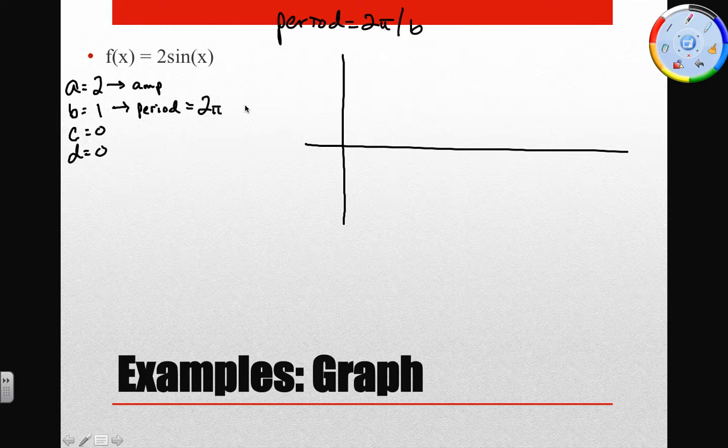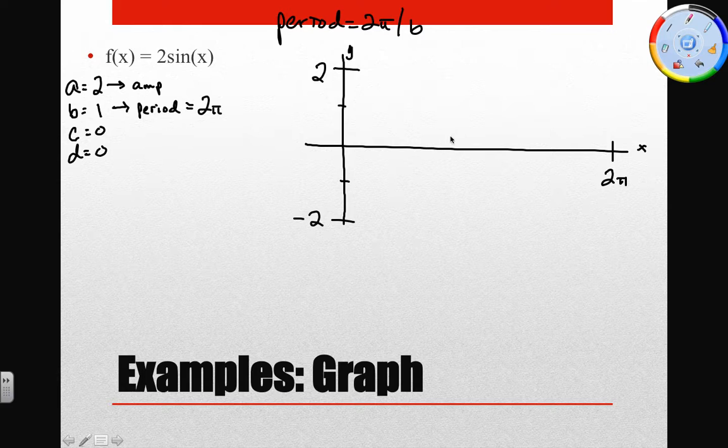So I want to show you how my method works. Since there's no phase shift, no vertical shift, none of that, I'm going to center everything on the x-axis here. So this is my x-axis, obviously. This is my y-axis. My amplitude is 2, so I need to go up to 2 and down to -2 from my center line. You can put in the 1s if you want. My period is 2 pi with no phase shift, which means I'm going to start at 0 and end 2